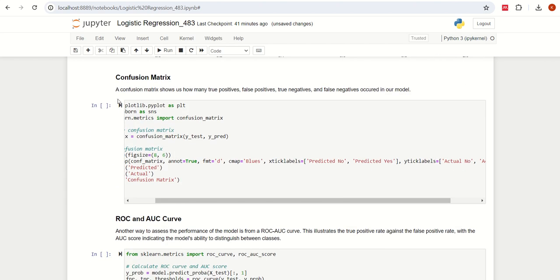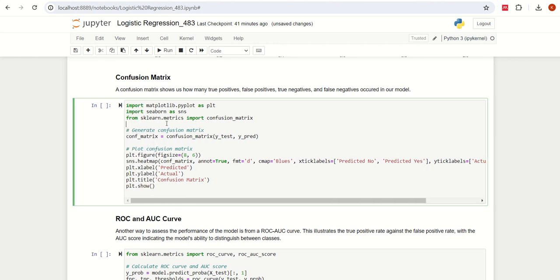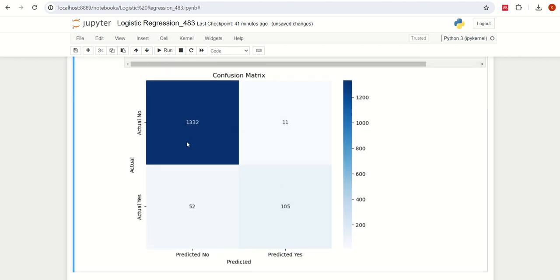Okay, I think it's also helpful to see a confusion matrix. This will show us the amount of true positives, false positives, true negatives, and false negatives. So we can use this confusion matrix function. And when we do that, we get this really nice confusion matrix. So we can see that there were